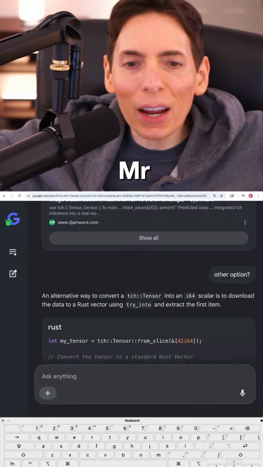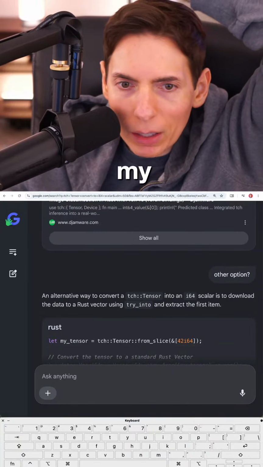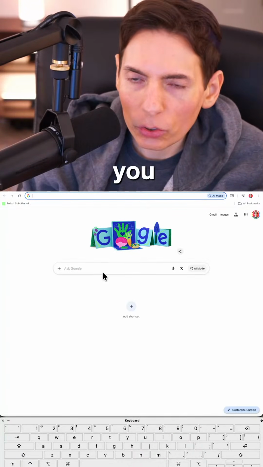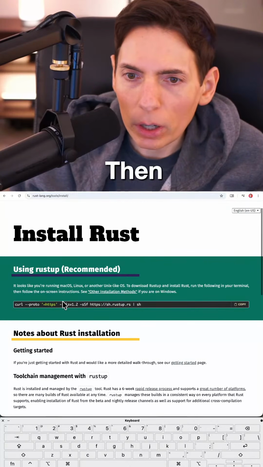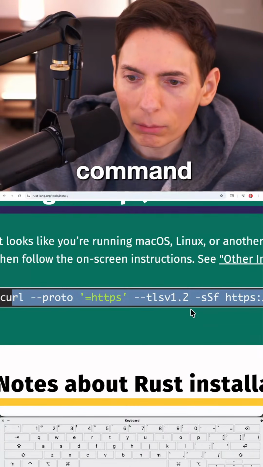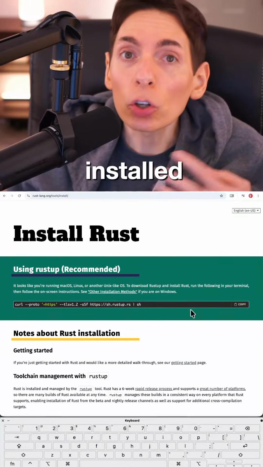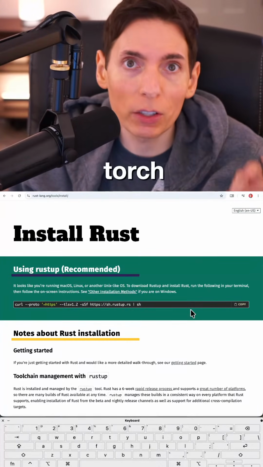Okay, Mr. Jackson. Hey, Mr. Jackson, good to see you. What program do I need to download on my computer to actually do this? You're gonna need Rust. So you say Rust install, then you copy and paste the install command. And then you also need libtorch, and I installed it through pip. So I did a pip install torch and torchvision.